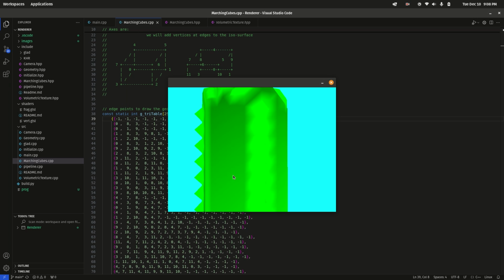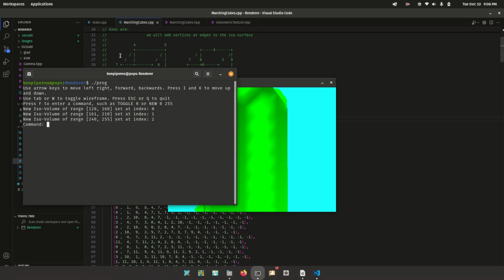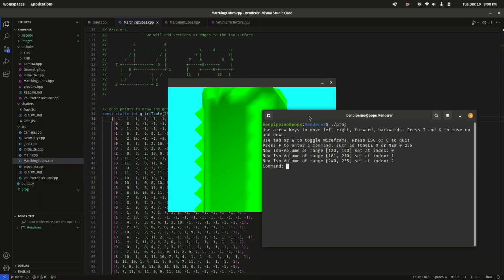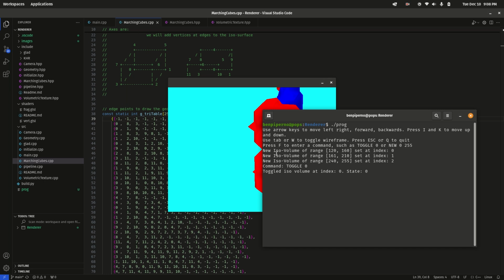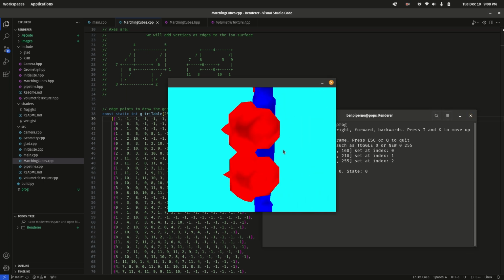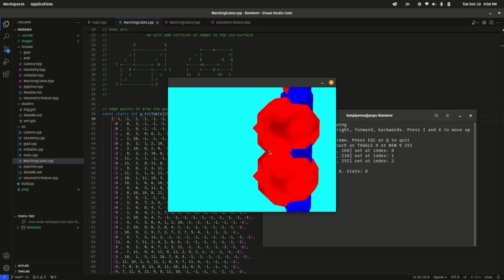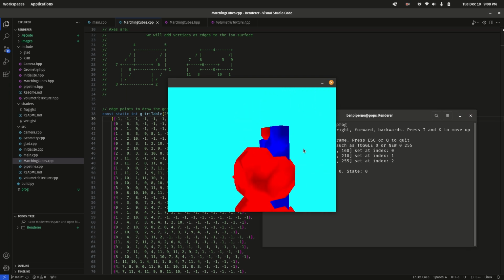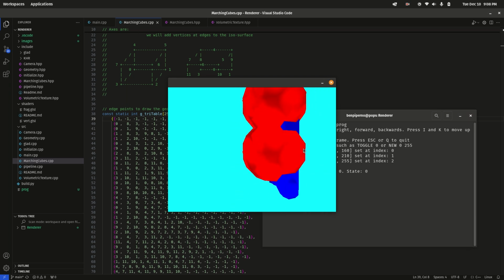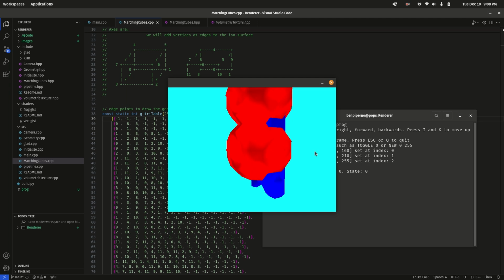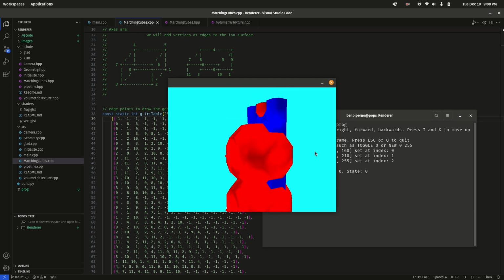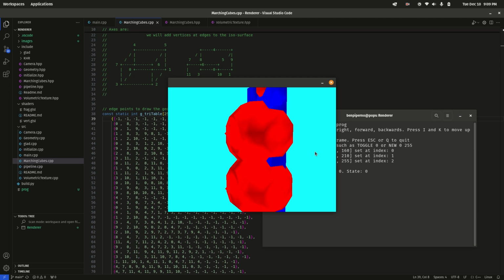So what we'll do is toggle off some of these filters and see if we can take a closer look. As part of my code, I'm going to press the F key and then open up a new command, and I'm going to toggle that isovolume in this lower range. Now that we've done that, we can take a closer look and we can see there are a few other shapes intermingled here. In this fake X-ray or CT scan, I've got some bone in blue and maybe some muscles in red,